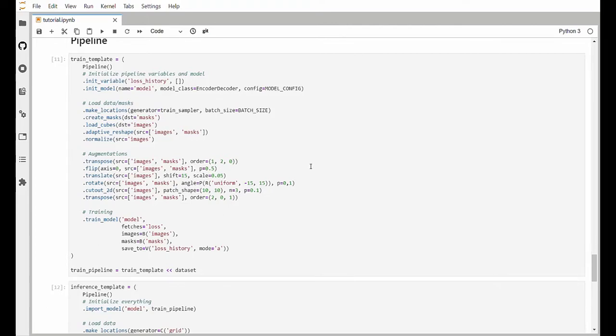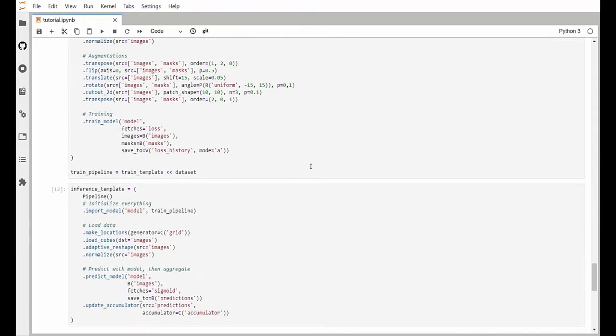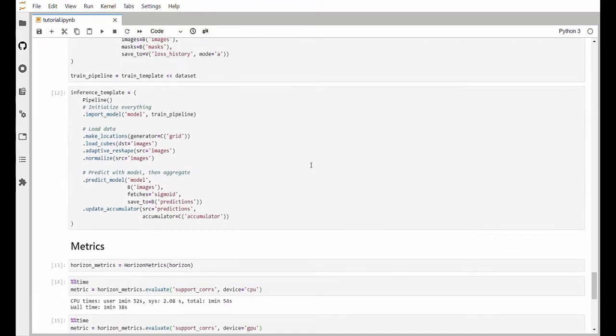In the second block, we use augmentations to increase the dataset size, and finally, we use images and masks to train a model on. This whole process is repeated for a number of iterations until the training has converged. The inference pipeline looks pretty much the same. The only noticeable difference is in the absence of augmentations, and we use a model to predict, not to train. Our easy to follow and understand pipelines help us to both research different training approaches and present them